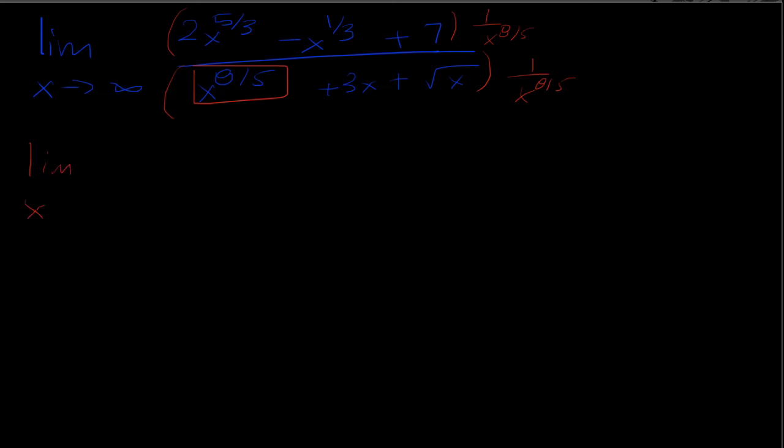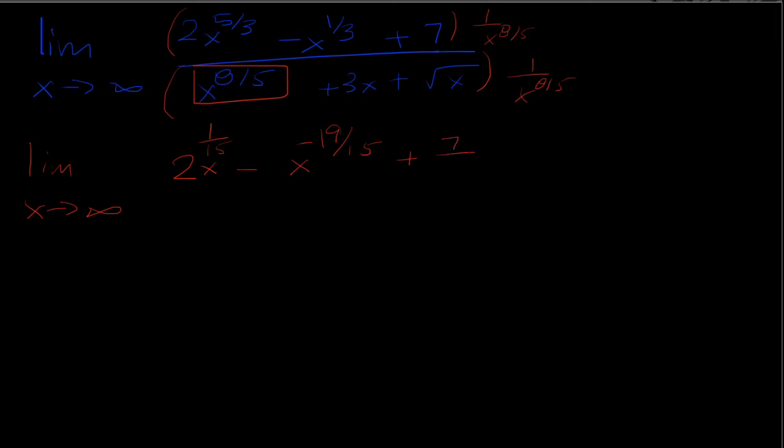Now I'm left with the limit as x approaches infinity of 2, and now I need to subtract the 5/3 with 8/5. So that would just be common denominator 15. Let's see, 25 minus 24, so that's 1 over 15. So that would be 2x to the 1/15th power minus x to the negative 19 over 15 power